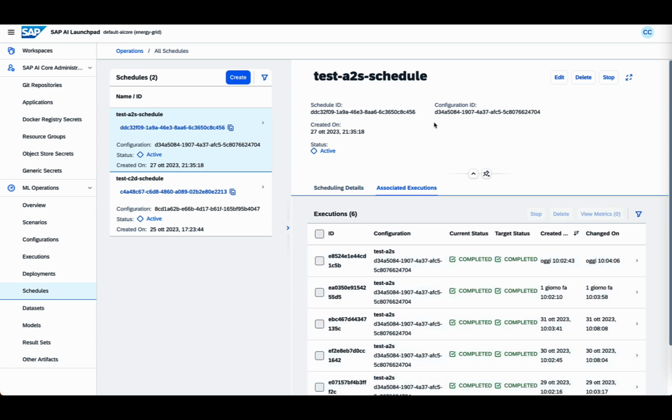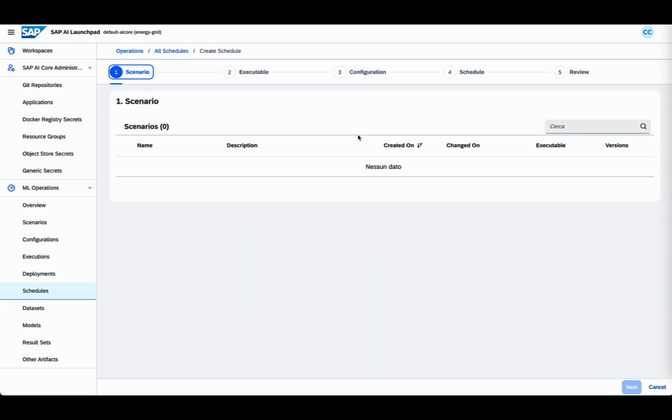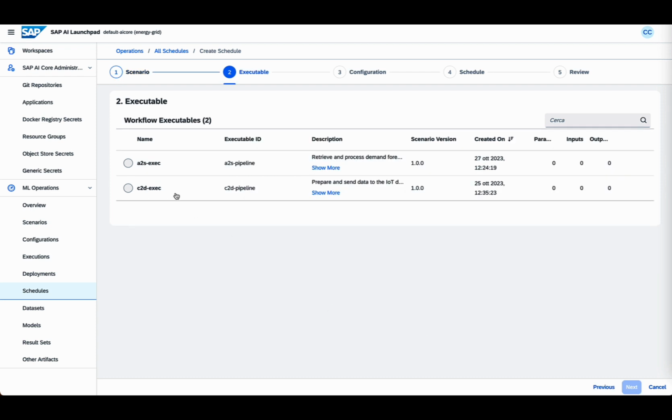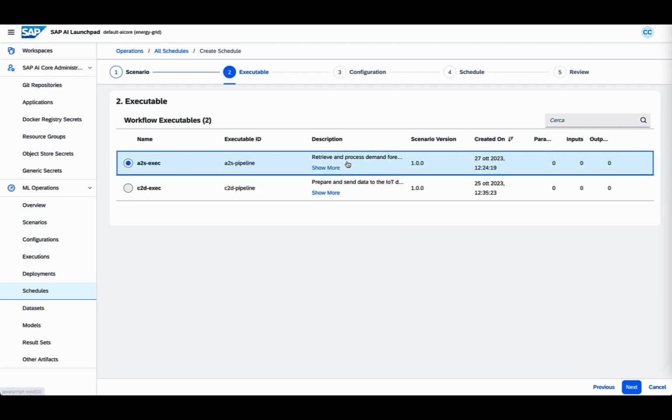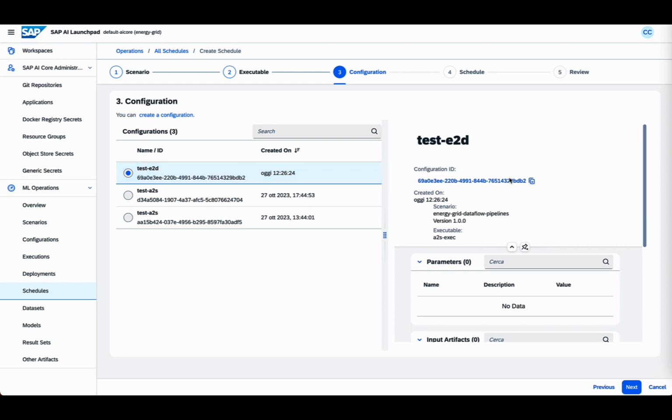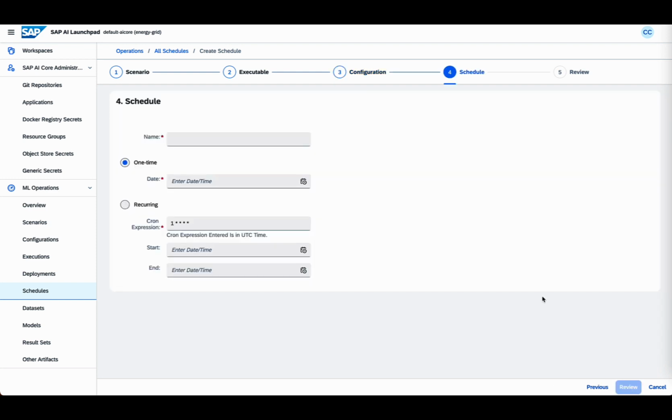in the morning. In order to create a schedule, you need to click on create, and then you need to specify basically the scenario and then the executable to be used, in this case the one corresponding to the edge to cloud pipeline, and you need also to specify the configuration. We can specify the one we have created in the beginning of this demo,